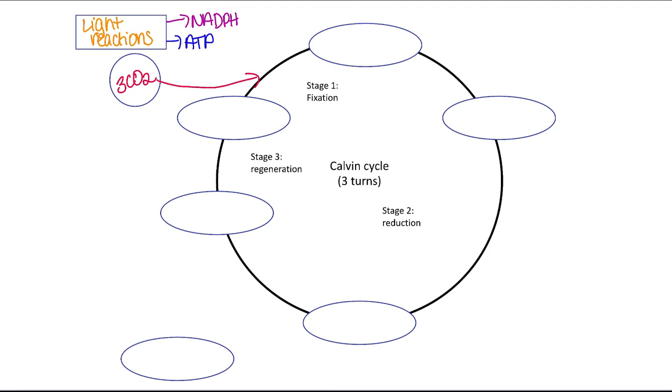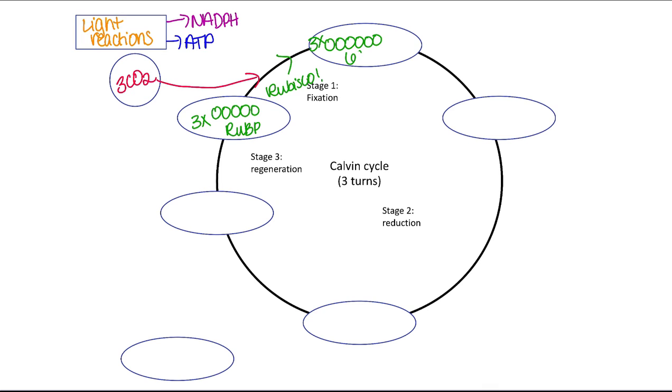The other thing that we need is RuBP. So let's go ahead and draw our RuBP here. And the enzyme, so I'm going to go ahead and add Rubisco onto here. So Rubisco is going to take RuBP and CO2, and it's going to fix that carbon. So it's going to take that carbon from CO2 and steal it essentially and then knock it onto RuBP. And so that is going to form